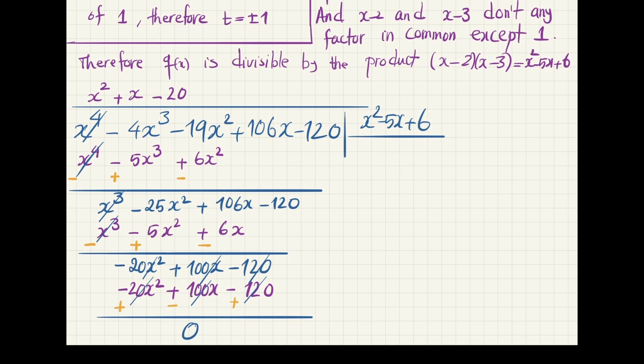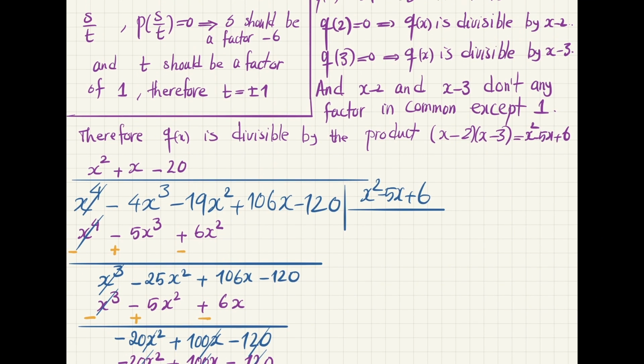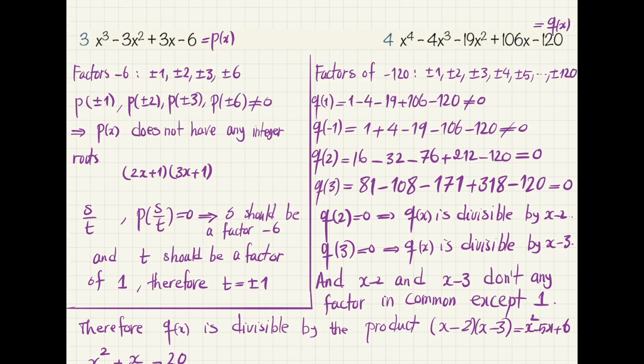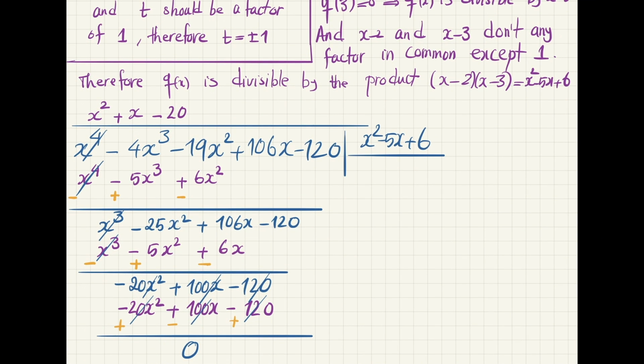But now what can I write? This is my polynomial. I called it q of x. I am supposed to factorize this. So I would write that my polynomial q of x is equal to the divisor multiplied by the quotient plus the remainder. So what I get is that q of x is x squared minus 5x plus 6 multiplied by x squared